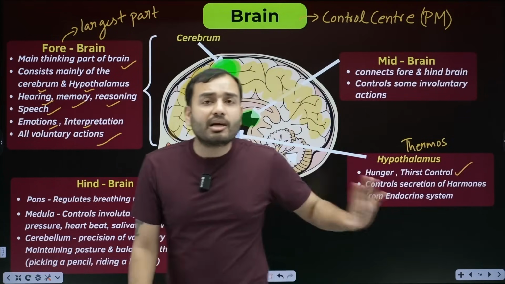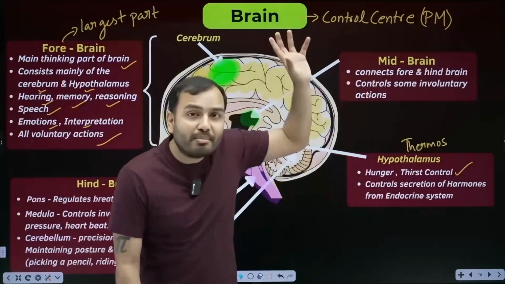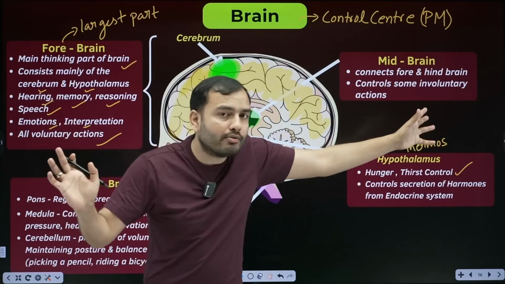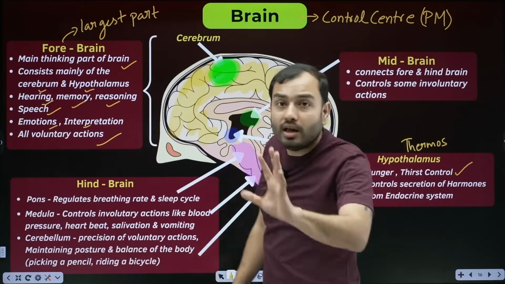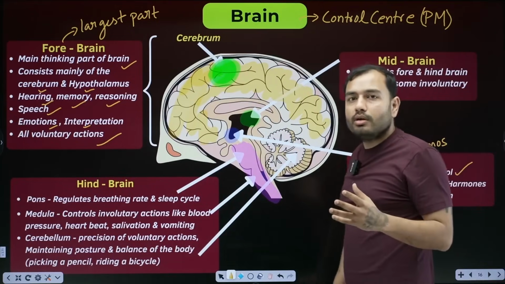The second major function of the hypothalamus comes when we talk about the other system. Remember, coordination in animals involves two systems: one is the whole nervous system, the other is the endocrine one. The hypothalamus also plays a role with some hormones. It will be important there when we talk about hormones, it's more important there. What does it do here? It controls hunger and thirst.